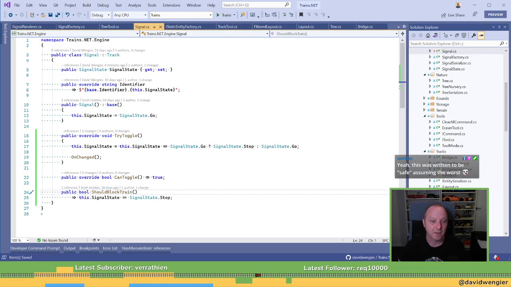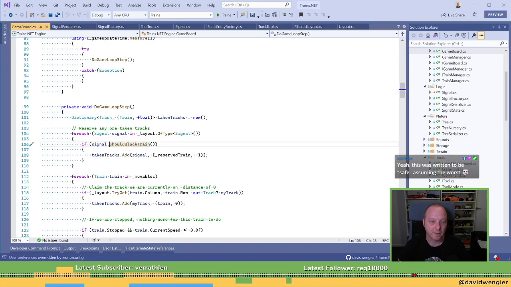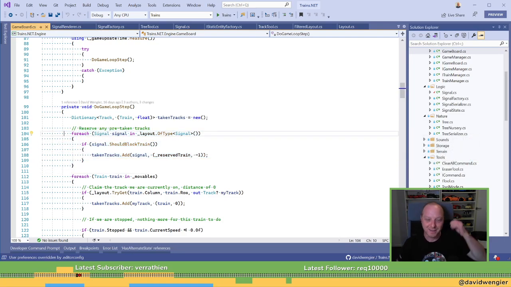I'm okay with that. Okay, so then should block train is the next one. That is a problem here. This is no bueno. So what are we doing? We are reserving the track. Oh, okay. We're reserving the track. That's how. So we're just pretending there's a train on it. Okay, that's how it stops it. That's fair.